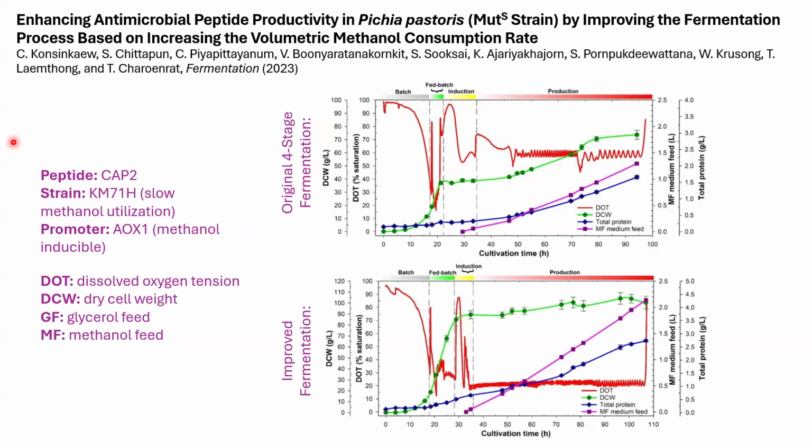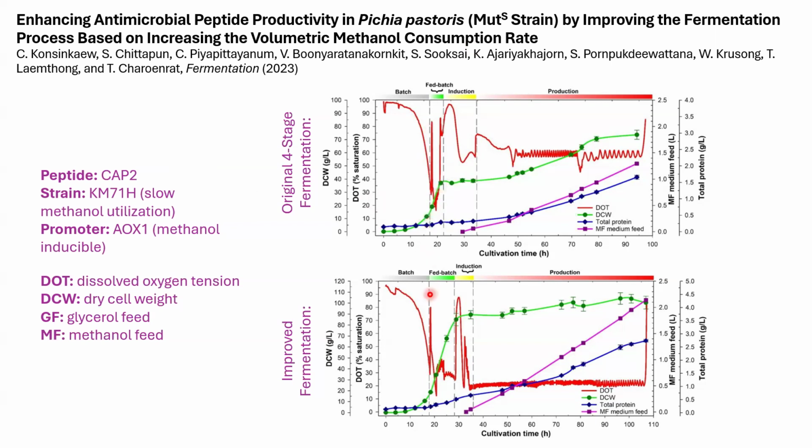The second figure shows the profiles for the improved fermentation method. First, the fed batch method is optimized. As you can see in the original method, the cell growth is exponential, and this is due to the exponential feed strategy of the glycerol. However, a major limitation of this method is that it causes a sharp decrease in the dissolved oxygen level, shown in red. And so there is only so high of a level of cells that can be reached